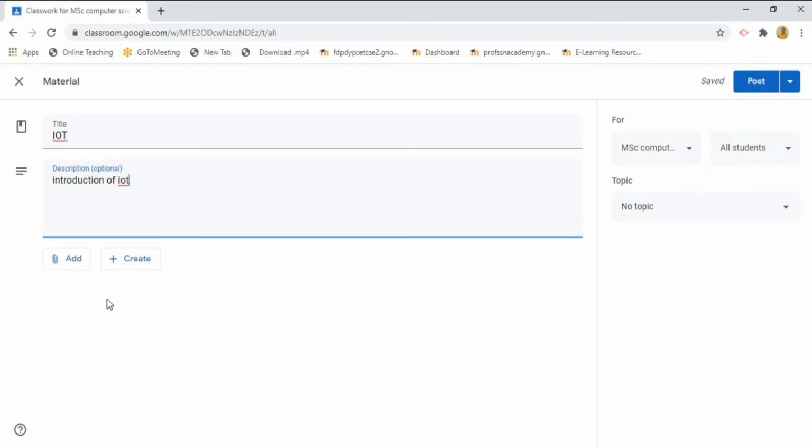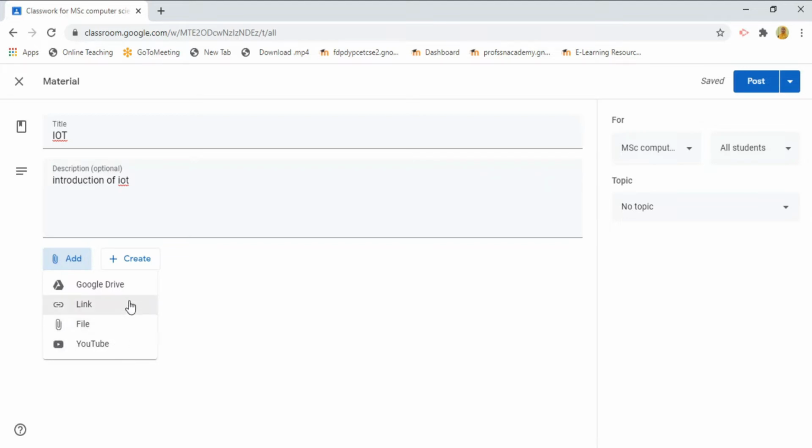The most important thing is how to add the material. For example, see here there are the two options. One is add and another one is create. The first one is to add the content by using Google Drive, link or file or YouTube.